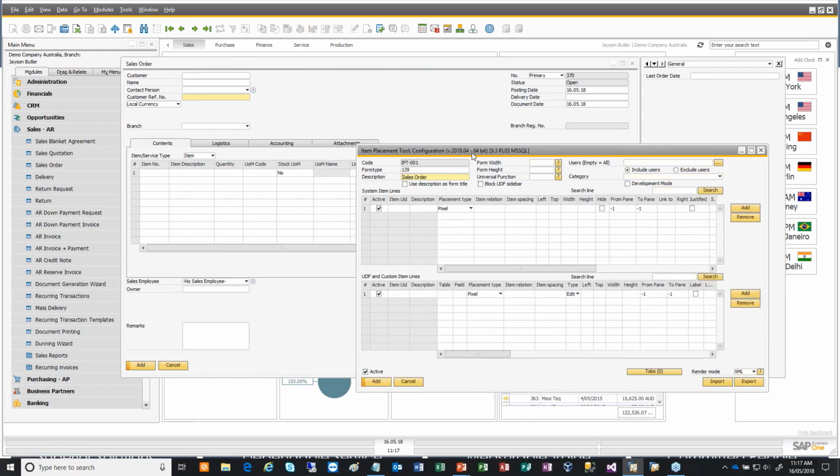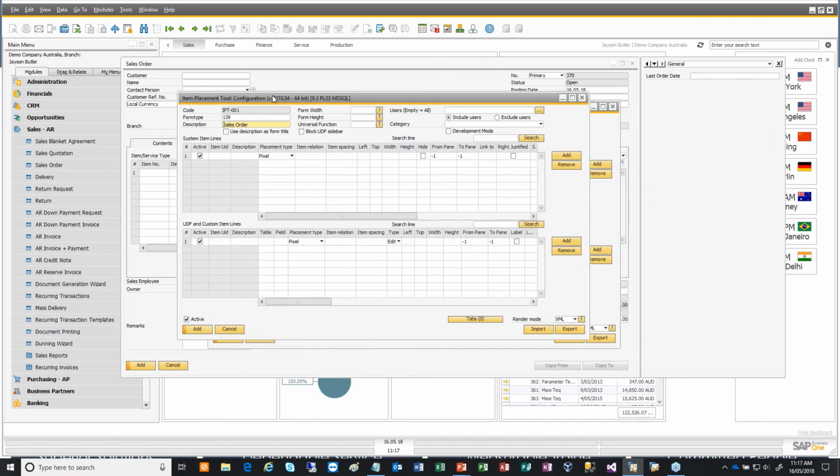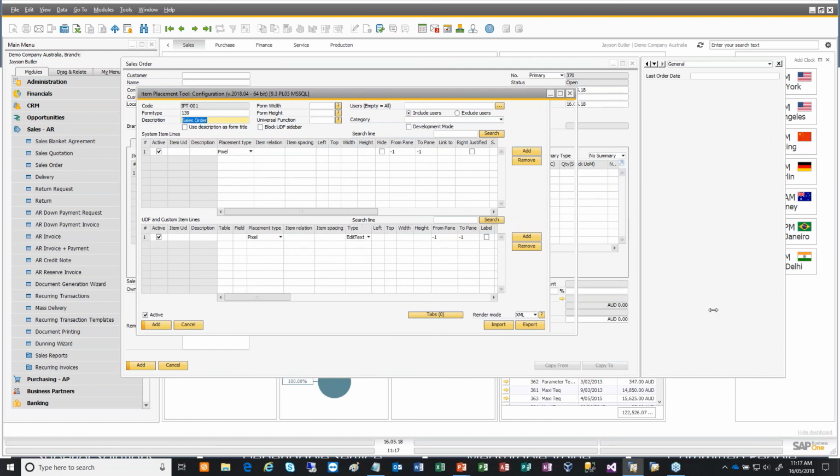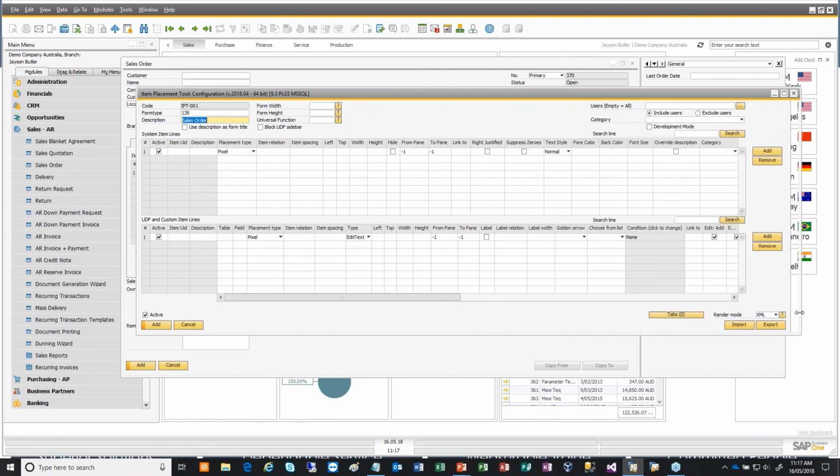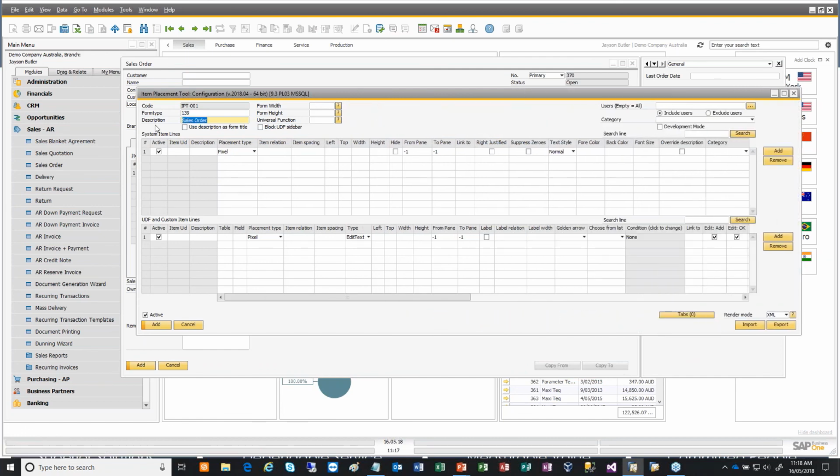And we'll give that a second to load up. There we go. And once again, it knows that we're doing this for the sales order form because we've opened it from there. And there's the system items. So items that already exist, fields, etc., that you'd like to manipulate, or fields you'd like to add at runtime,